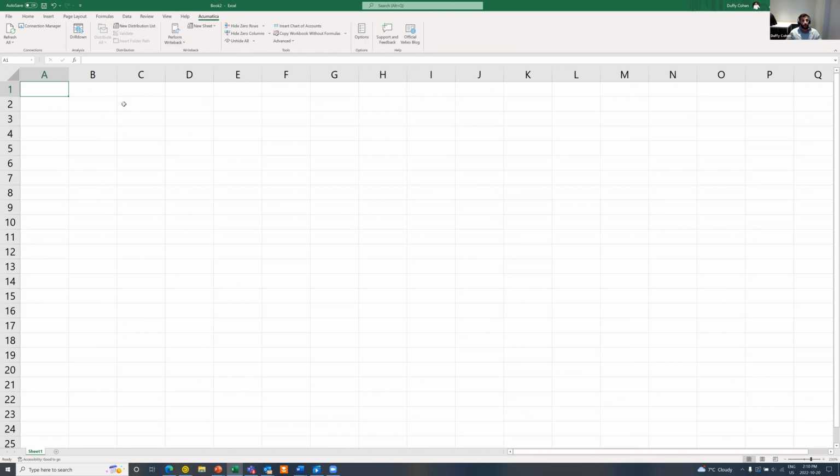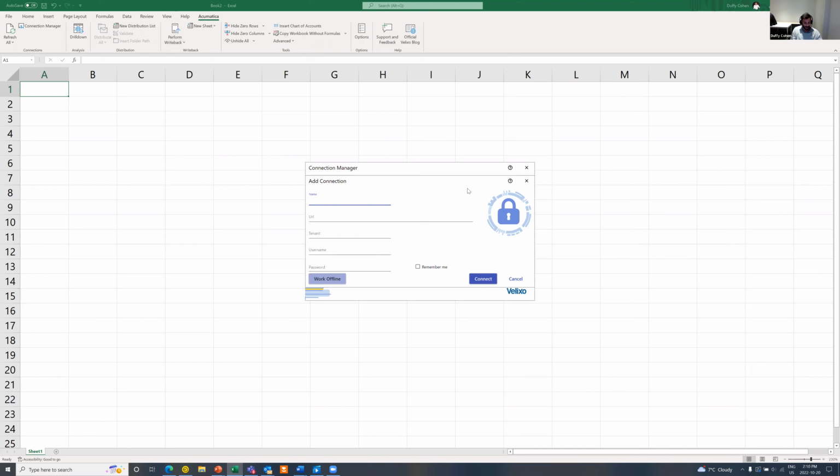The first thing we are going to do today is connect Acumatica to Excel. So you'll click on that connection manager and you'll simply add your connection. And then you'll just fill out your appropriate fields and we'll be off and running shortly. A few items to mention here. Number one, the connection name that you're using, I suggest to keep it as short as possible because as you're